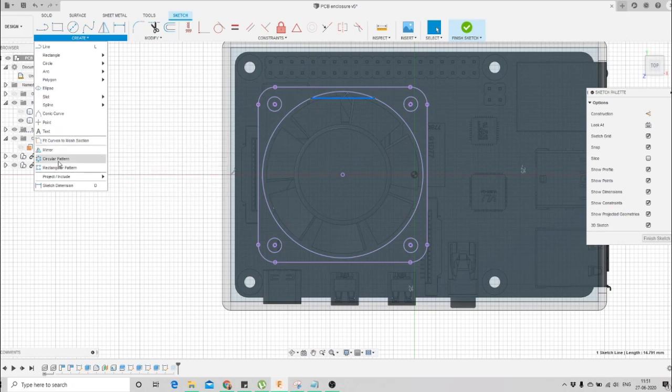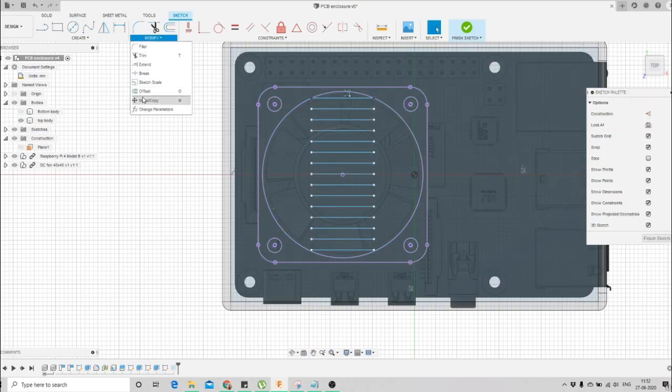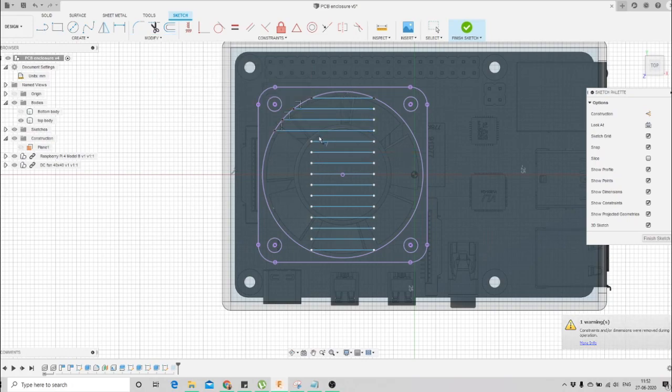So we'll go to the rectangular pattern. We'll select this line. We need it maybe 20, 10. We'll drag it like this. We'll specify it with 10. We'll drag it up to here and we'll drag, let's say 12, 14, 15. 15, and we'll press OK, then we'll modify, then we'll go to extend and we'll extend all the lines to the corners of the circle.